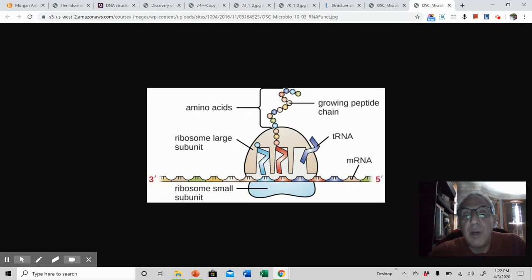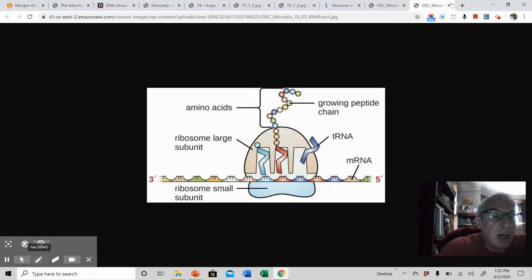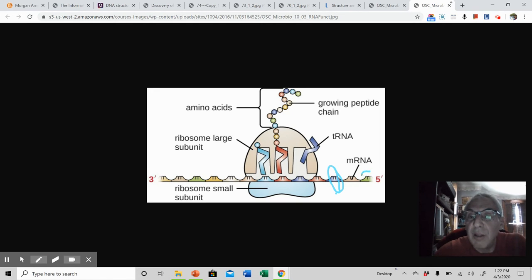Okay, so we're going to look at the cytoplasm of the cell, where you have the ribosome, which is like a protein factory. The messenger RNA comes along and carries these triplet codon sequences. Let's take a look at them. Here's one, here's another, and these codons are 3